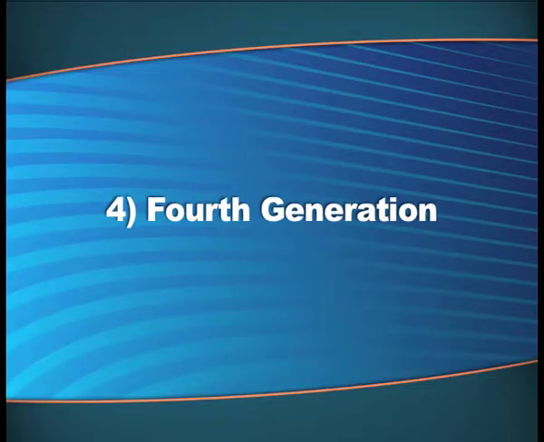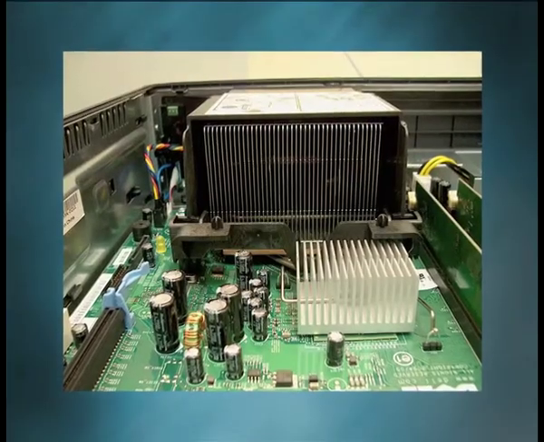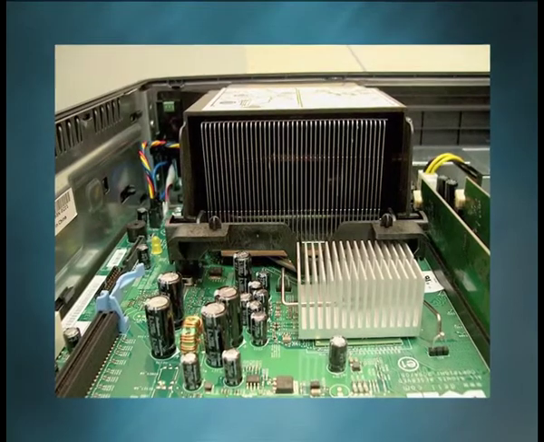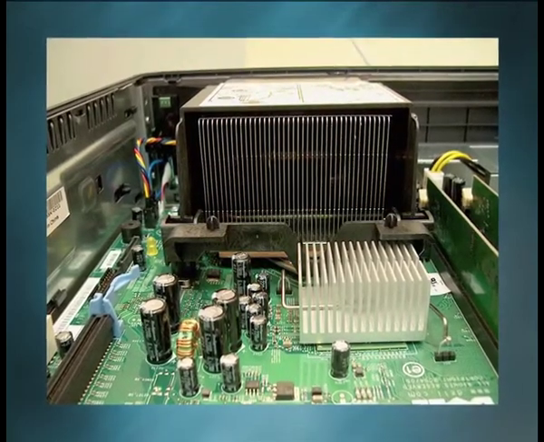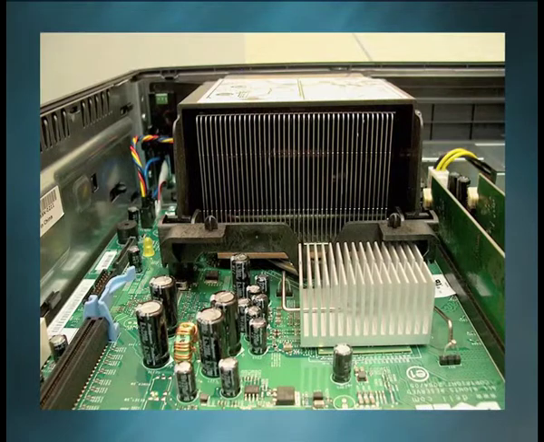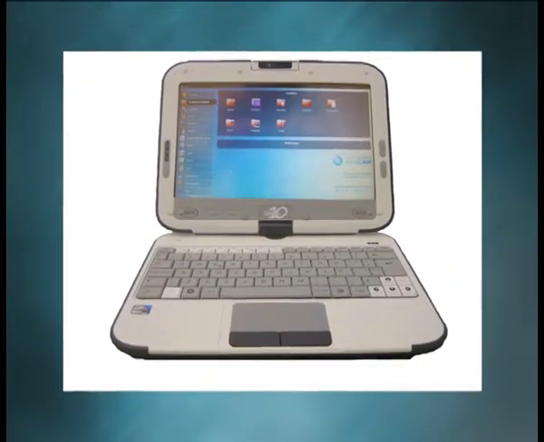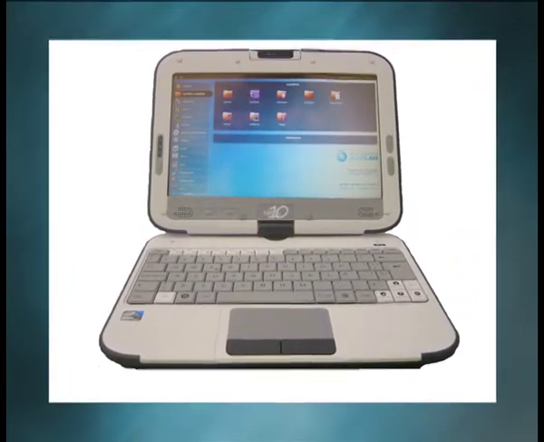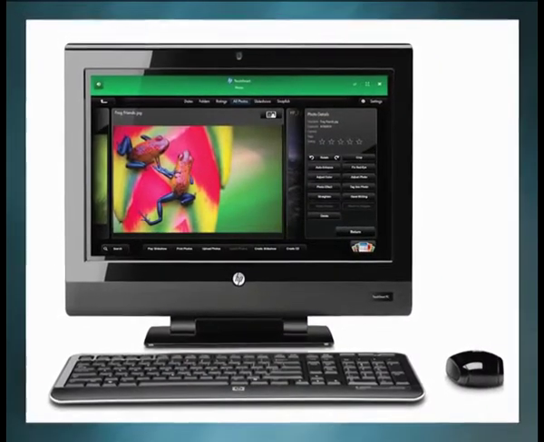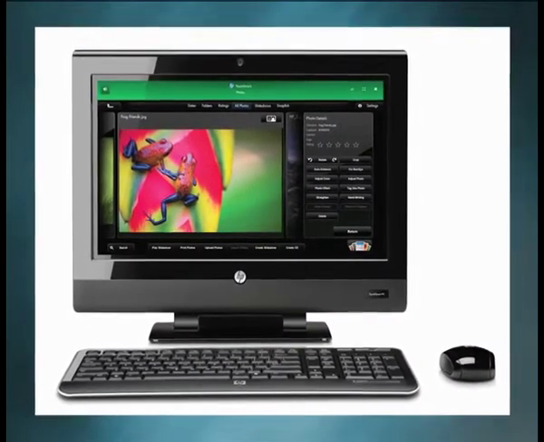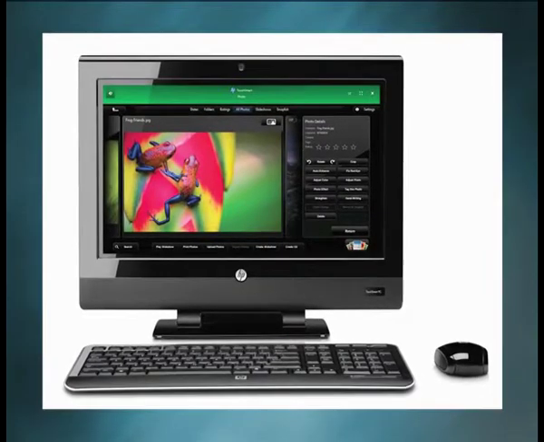Fourth generation. The fourth generation of computers is marked by the use of very large-scale integrated, VLSI, circuits. VLSI circuits, having about 5,000 transistors and other circuit elements and their associated circuits on a single chip, made it possible to have microcomputers of the fourth generation. Fourth generation computers became more powerful, compact, reliable and affordable. As a result, it gave rise to the personal computer, PC, revolution.